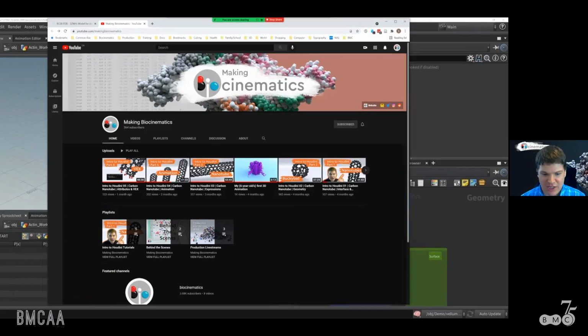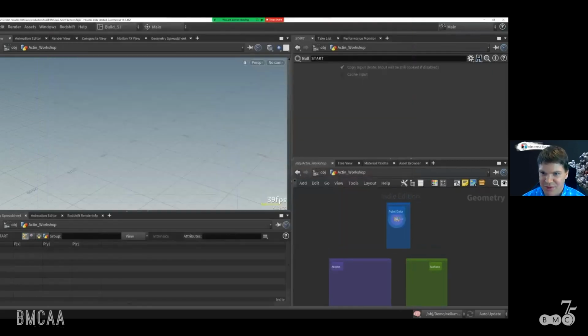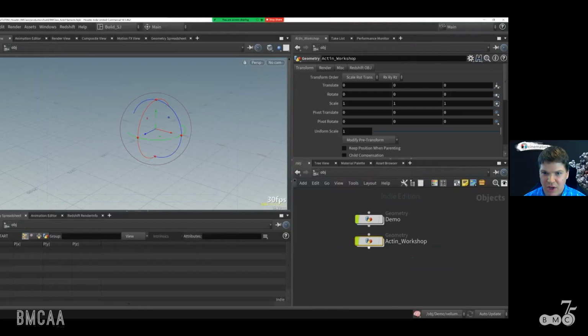I'm not going to be going into a ton of detail about why everything does what it does. So if you want more explanation, that's one place to go. Obviously, other tutorials are available. Okay, so diving in. So in Houdini, we have these sort of top level object nodes, which can contain any